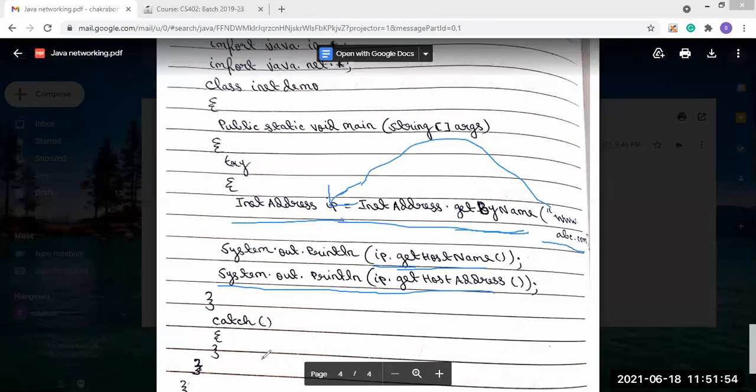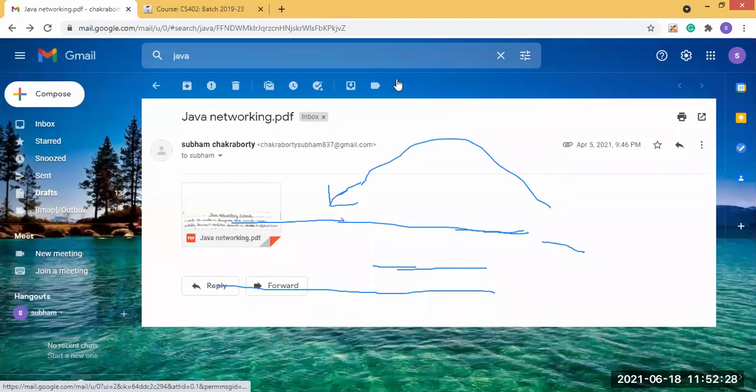In Java networking, mainly these classes are used, whatever classes we have seen: the URLConnection class and the InetAddress class. The basic thing is that the InetAddress class provides methods to get the IP addresses of any host name. So this is about our Java networking.